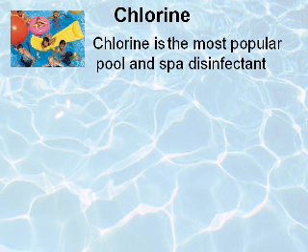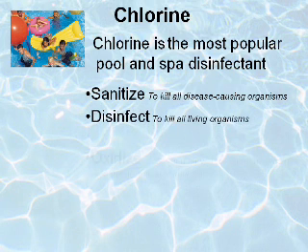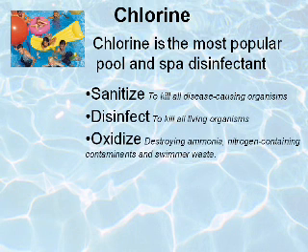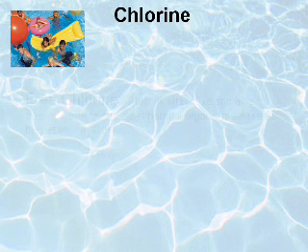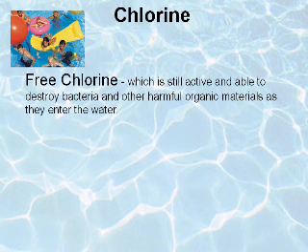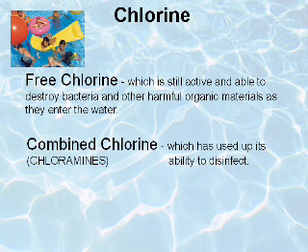Chlorine is the most popular pool and spa disinfectant. Its purpose is to sanitize, disinfect, and oxidize. Chlorinated pool water may contain two forms of chlorine: free chlorine, which is still active and able to destroy bacteria and other harmful organic materials as they enter the water, and combined chlorine, which has already used up its ability